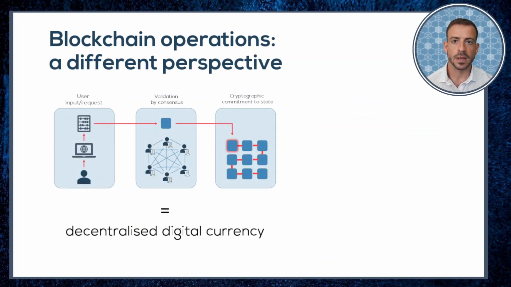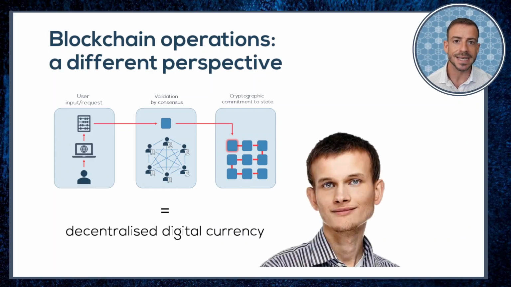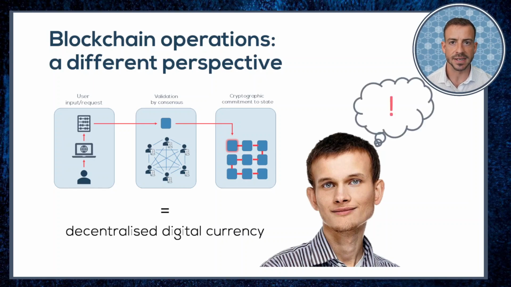Now let's pause here. A lot of the most profound insights and developments in blockchain arrive when somebody figures out that something we already know or are familiar with is actually just a specific example of something more generalized. One of those imaginative vaults was taken by Vitalik Buterin in 2013, and it helped redefine the very concept of a blockchain itself. He understood that even though we've been talking about a blockchain that runs a digital currency ledger, what we're really looking at is a specific application of a more general kind of decentralized data processing.